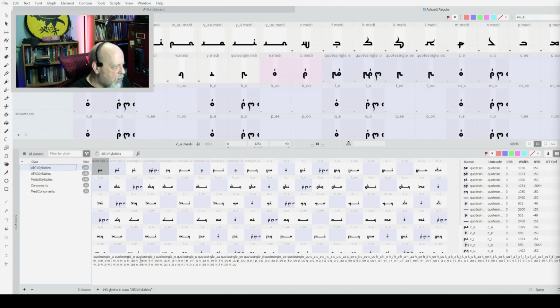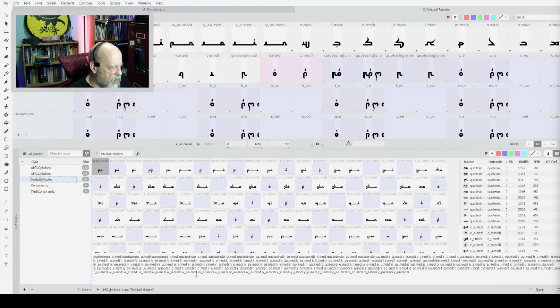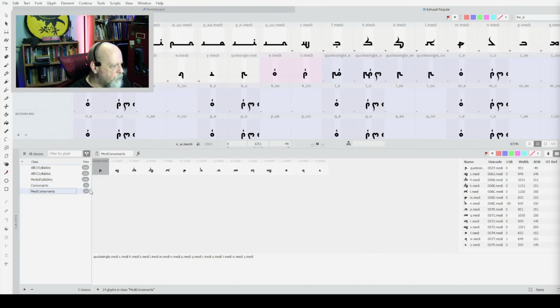All the ones that are consonant followed by a vowel. This one here are all the ones that are vowel followed by a consonant. This one here is all the medial syllables that can occur. This is just a list of the consonants, most of which aren't actually drawn up here. And this is the medial form, the ending form of all the consonants.